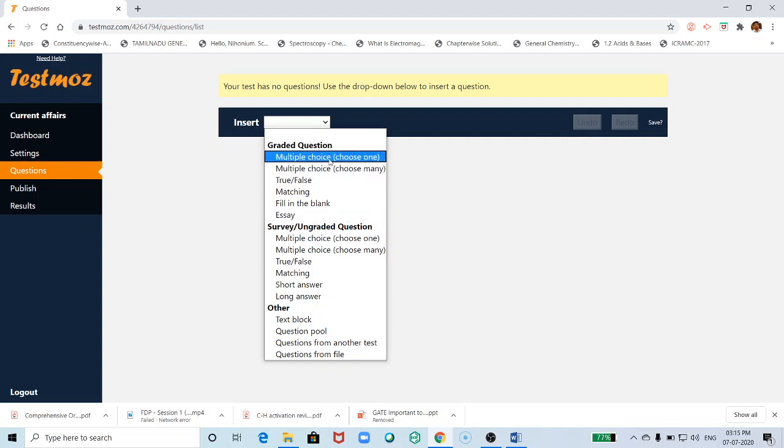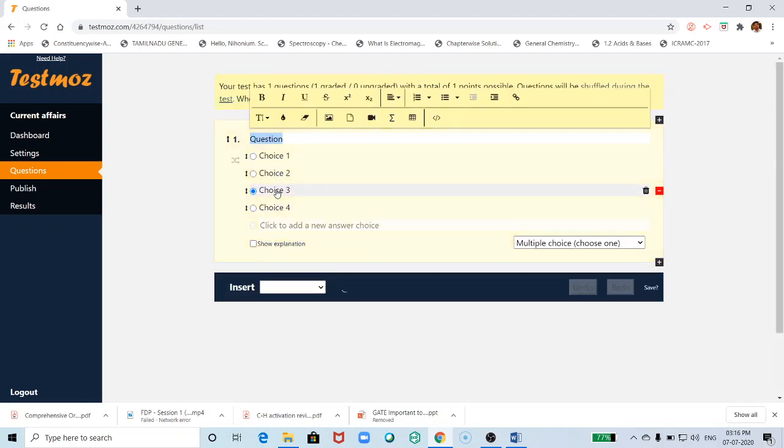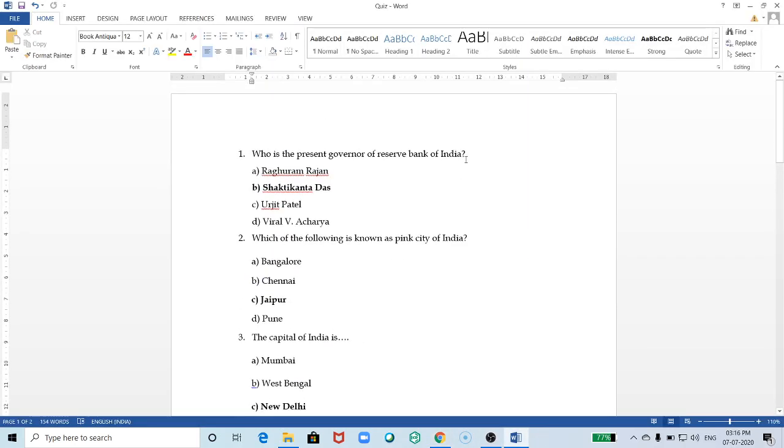So I'm going to add one question. Here you have to click this. This template will appear. Here you can type the question, or if you have a question in your Word document, you can copy and paste it here. So I'm going to copy the question.